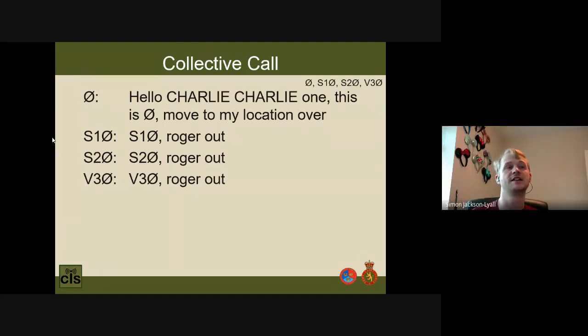So you can see again, it's been pre-agreed that those 3 call signs were in Charlie Charlie 1. 0 sent the message, and it's easier than having to list those 3 call signs. But you could consider this as a bigger thing. You might have 10 call signs within there. So instead of listing all 10 call signs, you can just use a Charlie Charlie. You can pre-agree those things, group people up that you might need to contact at the same time, and then they respond in the same way with their call sign, Roger, out. So similar to a multiple call, just you've pre-agreed who's in that group.